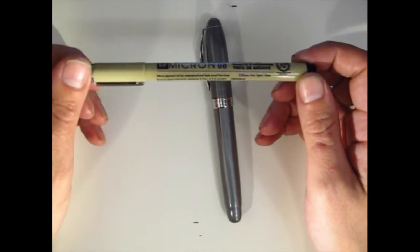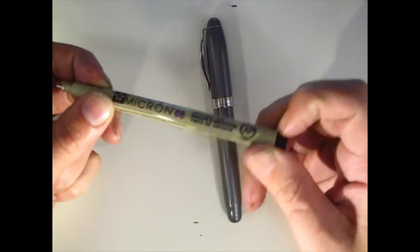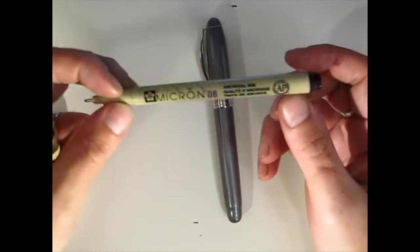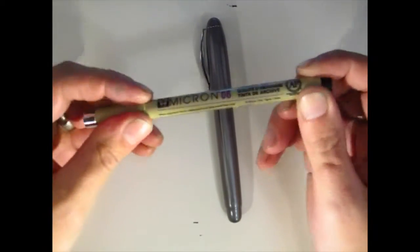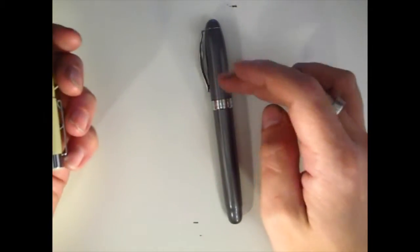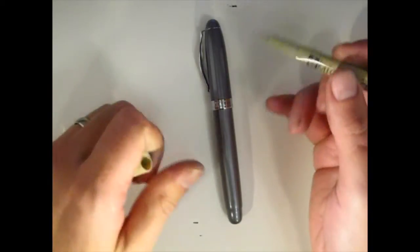But I've just come to hate the idea of something so disposable. Once this is done, they don't sell replacement cartridges, they don't sell anything like that, so you're just kind of stuck throwing this in the garbage, and that's a piece of plastic that has to go in the garbage. It's wasteful. This can just be refilled over and over and over again. So there's that, and also